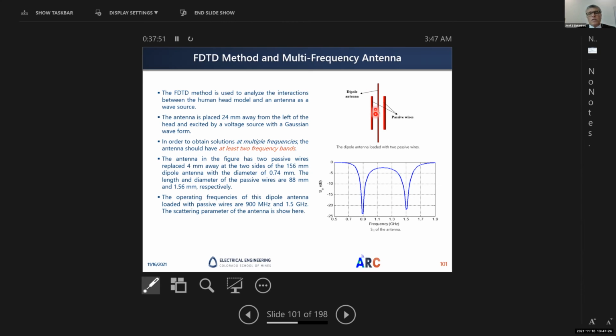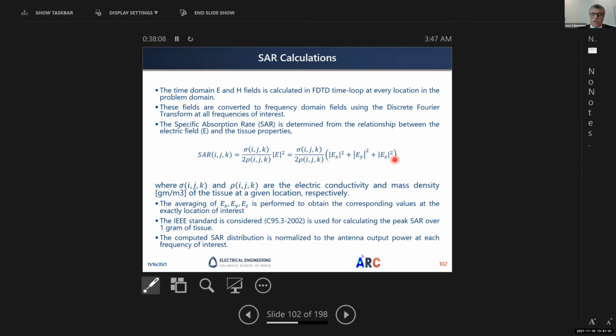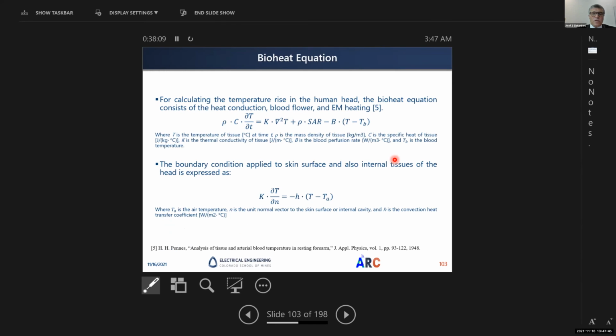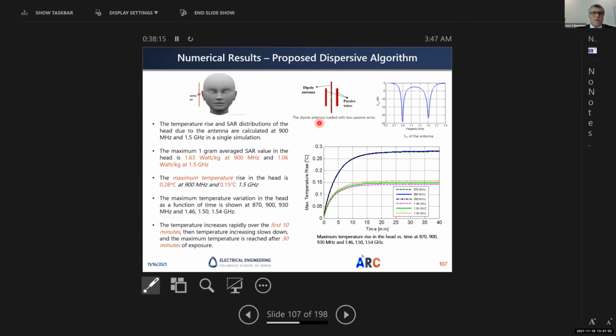So we put a dipole antenna with 2 parasitic elements and working at 0.9 or 900 megahertz and 1.5 gigahertz, specifically designed for those 2 frequencies of a cellular phone operation. The SAR equation is evaluated from electromagnetic field quantities, and the temperature is evaluated from the SAR using this equation. And we put this combination of the antenna closer to a human head, and we calculated the temperature rise. And you can see at 900 megahertz,